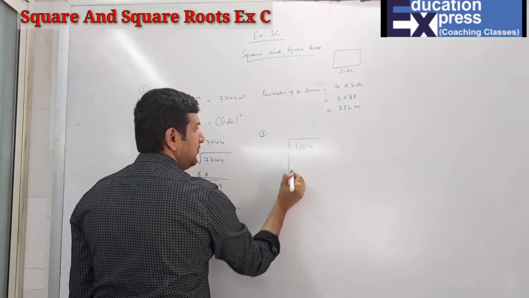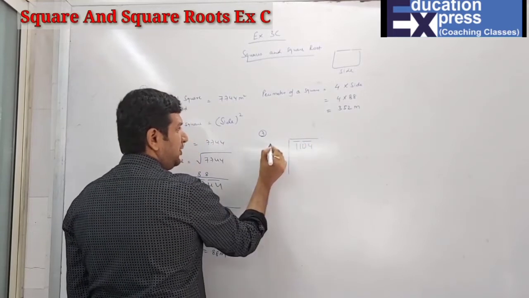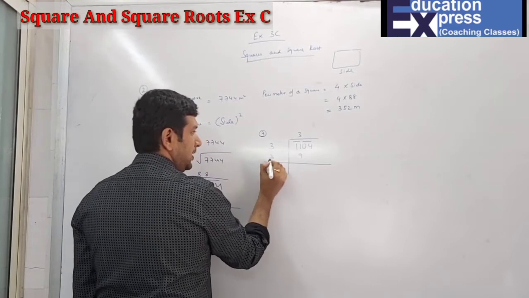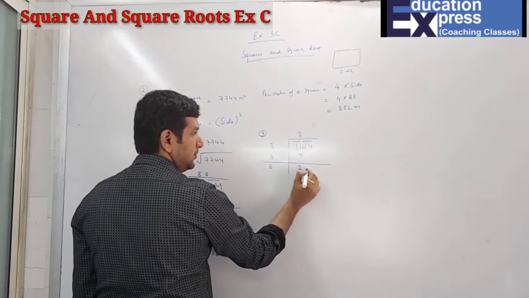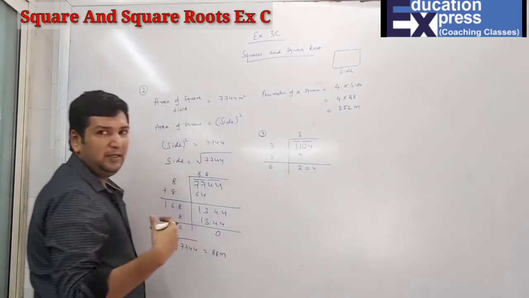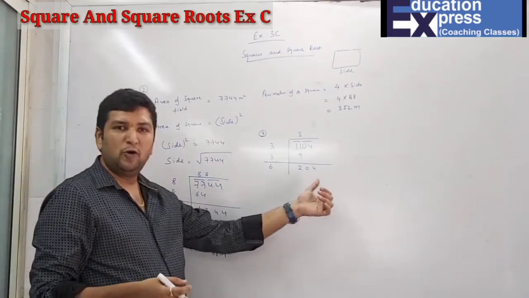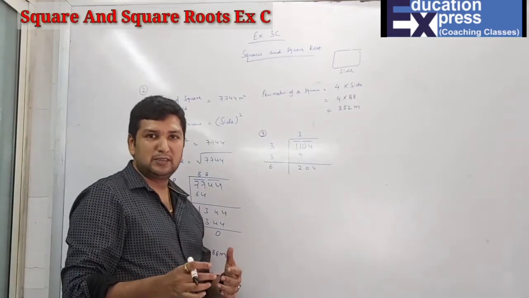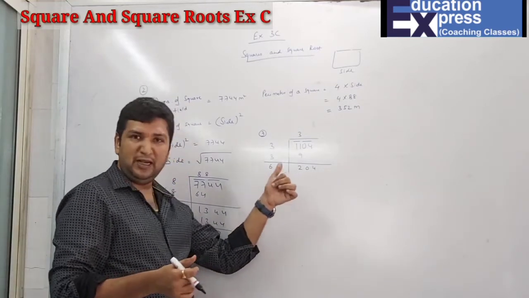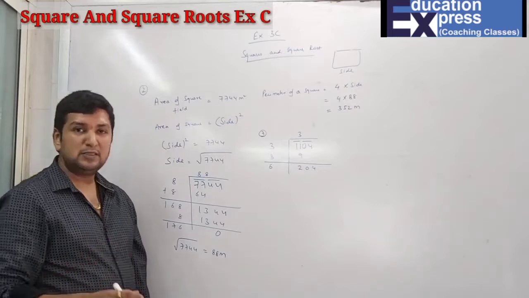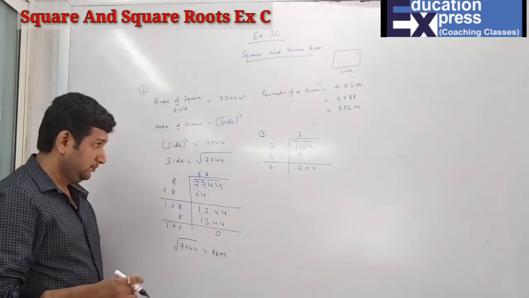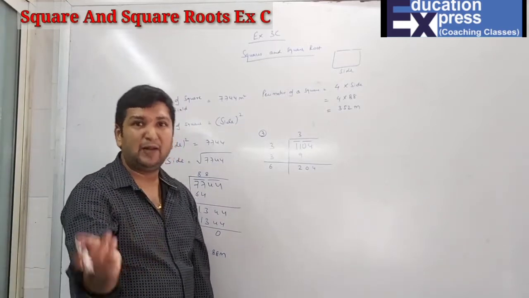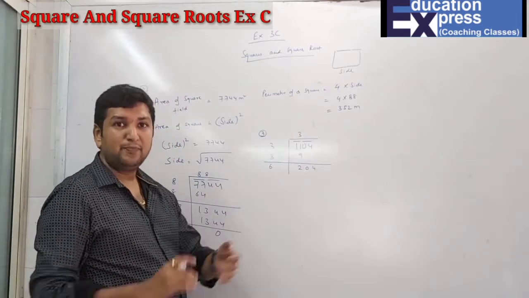I'll just follow my division method. The 3 3s are 9, plus 3 2 0 4. Now normally, till now what I've shown you is that this is 4, the 2 2s are 4, the 8 8s are. But now if I try with both the numbers, either 62 or 68, you will not get the answer because it's not a perfect square. So now how do I get a perfect square? Because they have asked what number to be subtracted to get a perfect square. So I know it's not a perfect square.